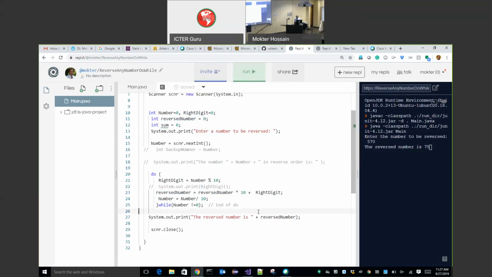So what should we do if we want to display the 0? We need to make some changes here. There might be different ways, but this is the way that I want to tell you. I don't need this. We need to do a different algorithm. Okay, what is that?